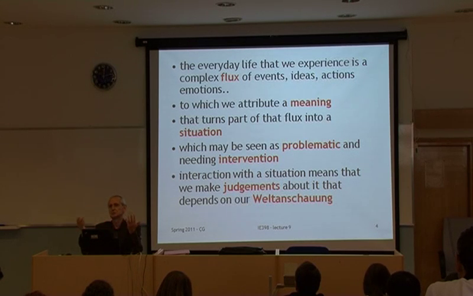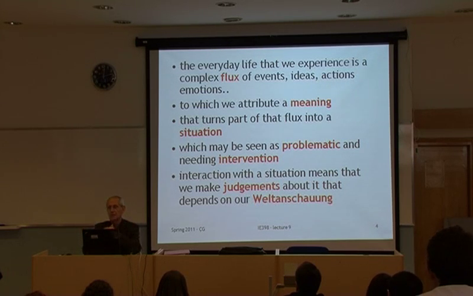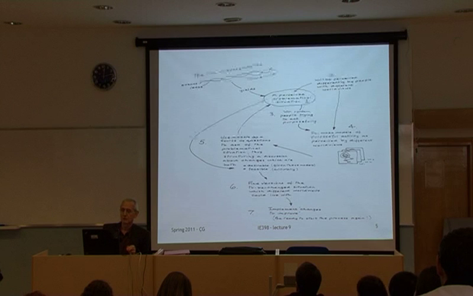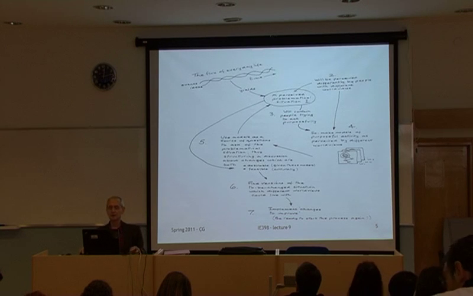And probably we perceive that something has to be done about it because it's problematic. We are not totally happy with it. So we have to intervene in the problem situation. This sort of interaction is made by the judgments that we make on the problem situation, and these judgments depend on our Weltanschauungen. Here is a diagram